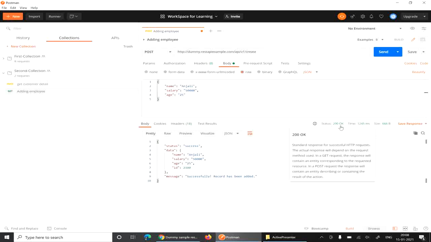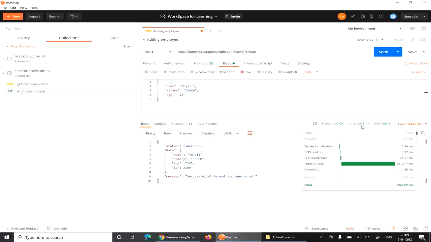It means that whatever you have done is correct, and it is a successful message. The time taken for this response is 1245 milliseconds, and the size of this data is 666 bytes.